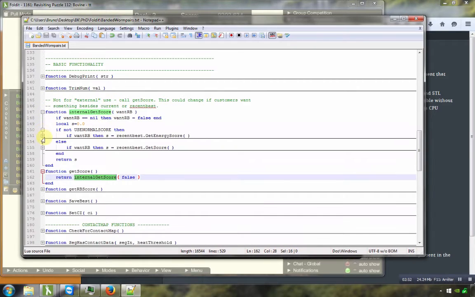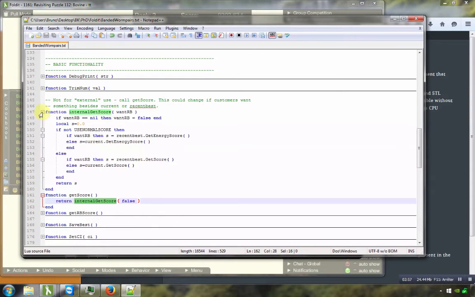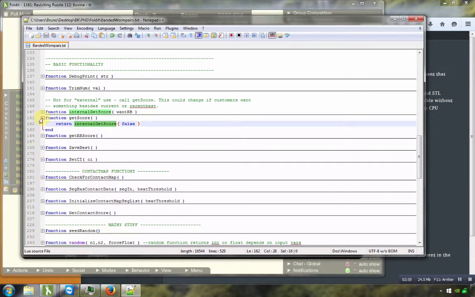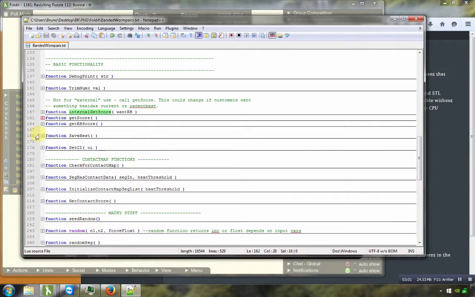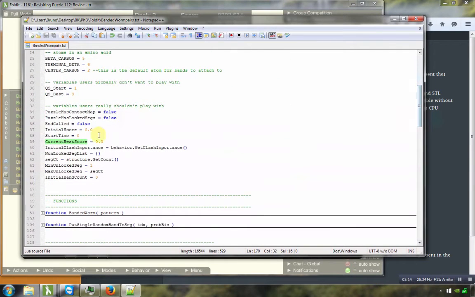This save best function is very common in almost all recipes. So it compares with this current best score that I've seen in the beginning. I had to say that it was a number, so I put in the beginning current best score equals 0. This is your current best score. It's Karin who put it like this. Now you can invent the name you want.